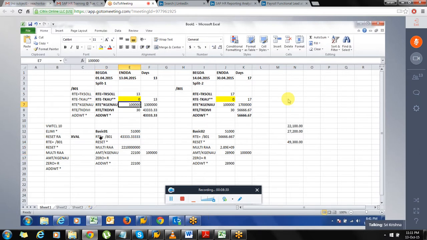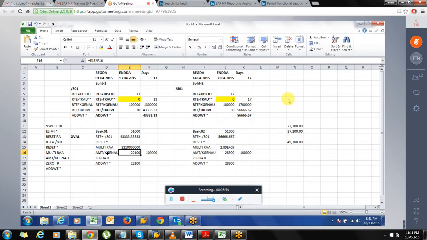But here if you see, I am telling rate is equal to this much, rate into amount, and I want the output as amount. So this will store in amount and this will store in rate. After getting the amount, I am dividing it with 1 lakh. So I am getting 2,100 as my output.